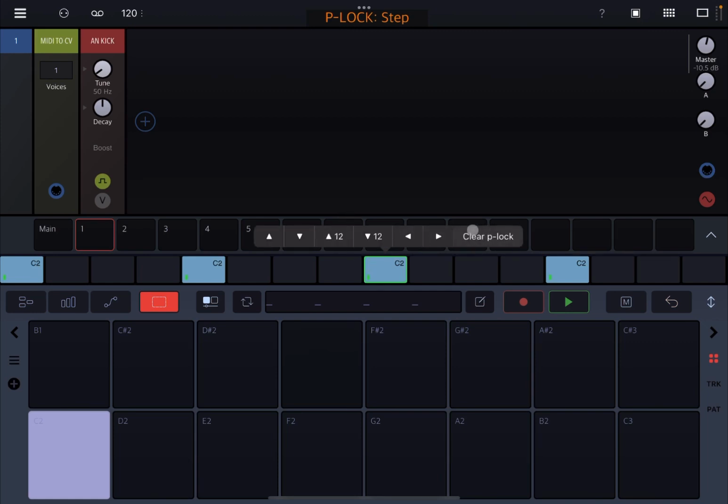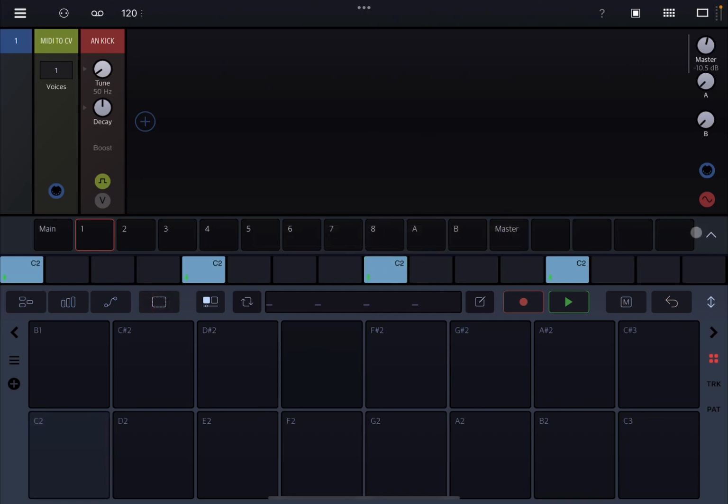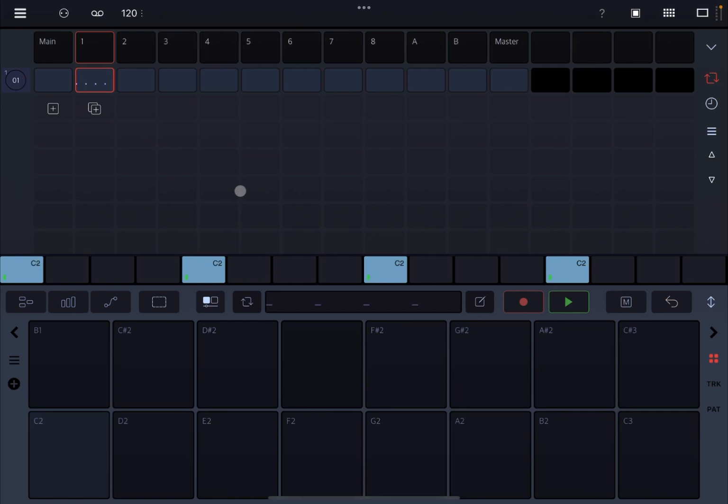You can go up and down, move left to right, clear, P-lock, etc., which is really nice. And that is one of the additional features in terms of workflow improvement. So you can go to one clip, you can click and move up, you have a context menu, really nice. And I will show you all of that in coming tutorials because there are a lot of swipe gestures which help increase the workflow, in the sense of making it faster,